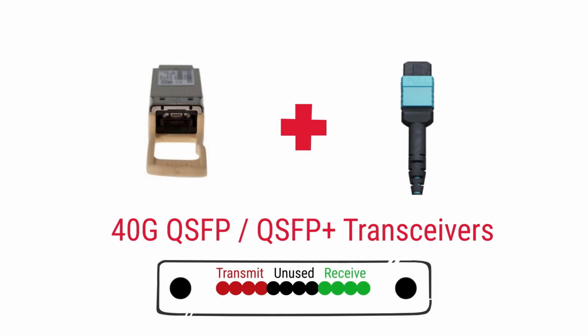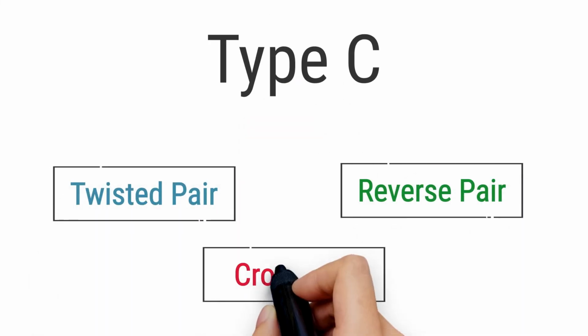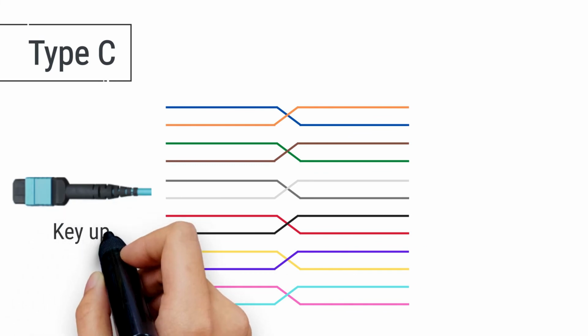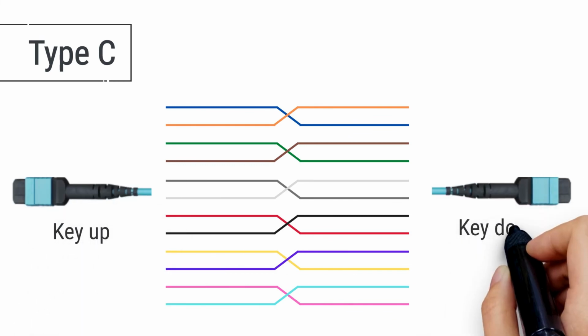achieve 40G connections. Type C cables are also known as twisted pair, reverse pair, or crossover. The polarity of these cables is very similar to Type A, straight through, except for in Type C, each pair of fibers is crisscrossed. So the fiber in position 1 on one connector will arrive in position 2 on the